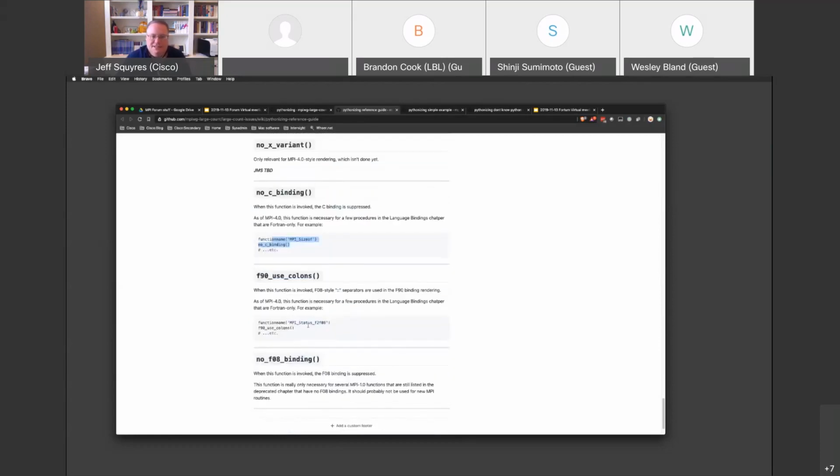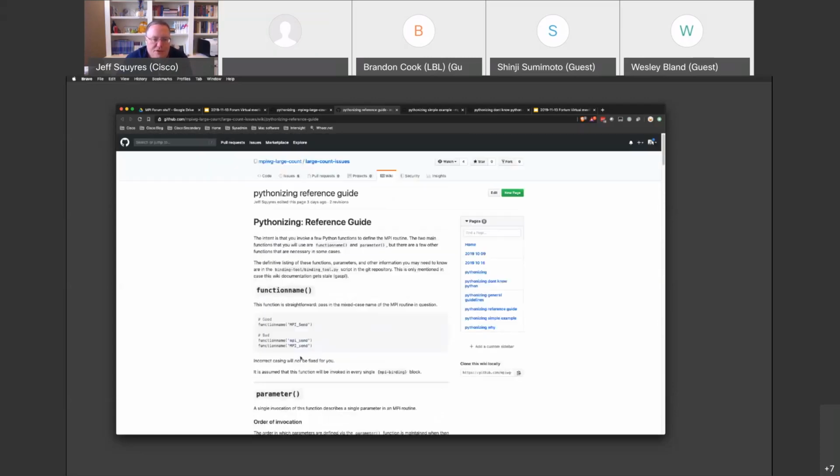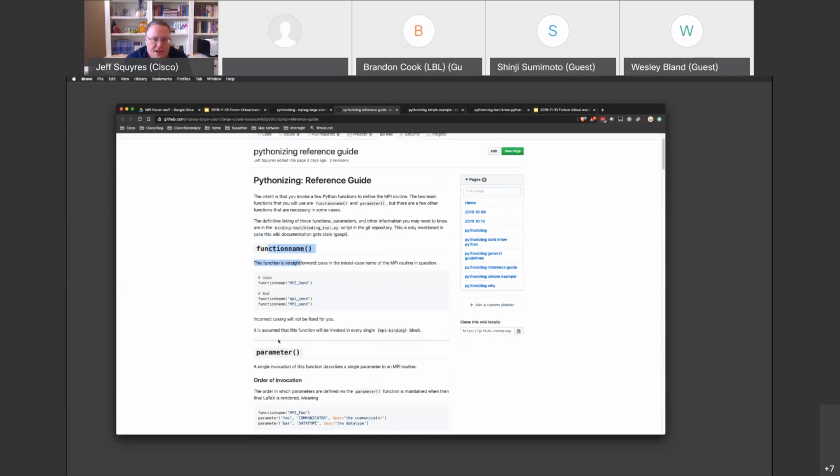So there are sometimes additional directives you need to give to the rendering engine so that it does the right things. A handful of functions are like this. But 95% of what you need to do is just function name and parameter. And that's it.